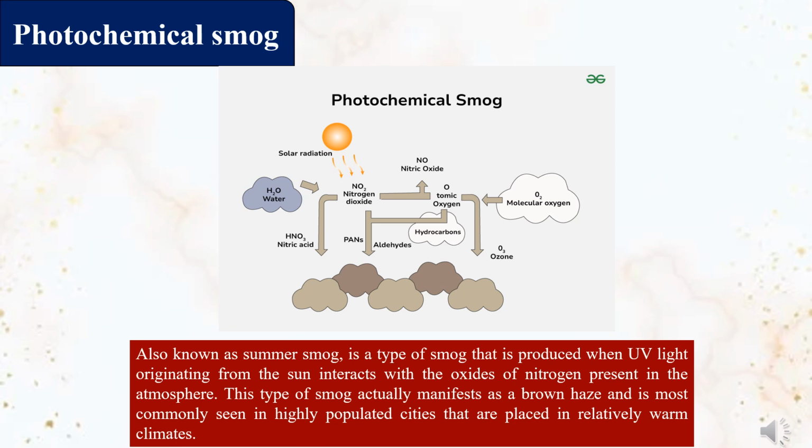So, how is photochemical smog formed? Photochemical smog is formed by a complex series of chemical reactions involving sunlight, oxides of nitrogen, and volatile organic compounds that are present in the atmosphere as a result of air pollution. These reactions often result in the formation of ground level ozone and certain airborne particles. The formation of photochemical smog is closely related to the concentration of primary pollutants in the atmosphere. It is also related to the concentration of secondary pollutants.